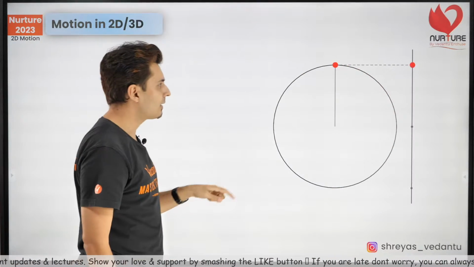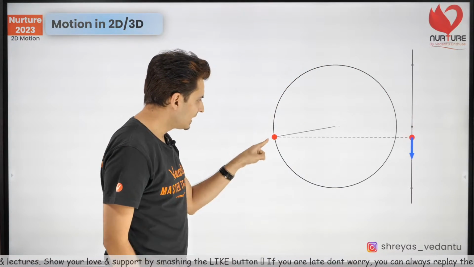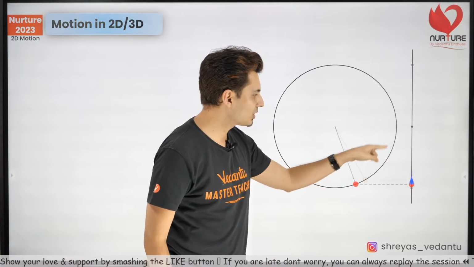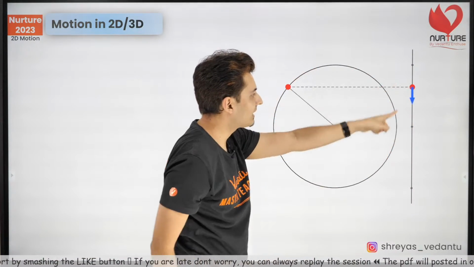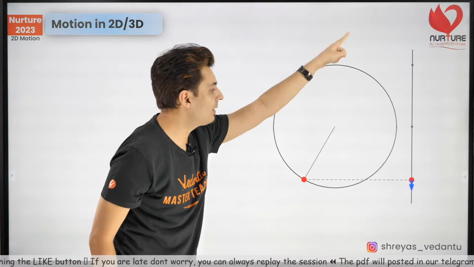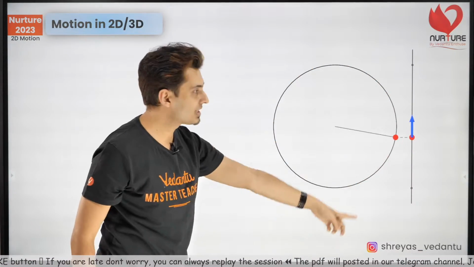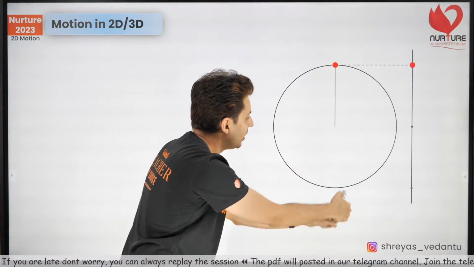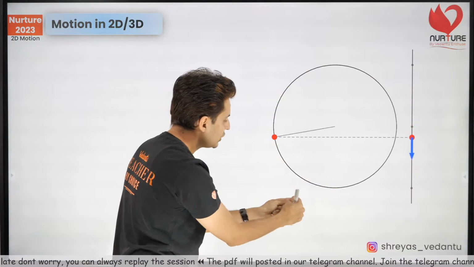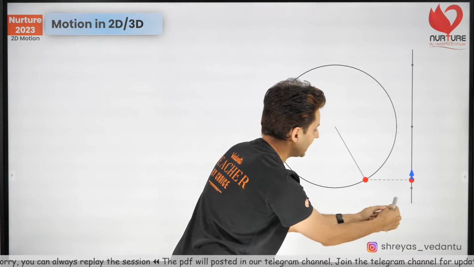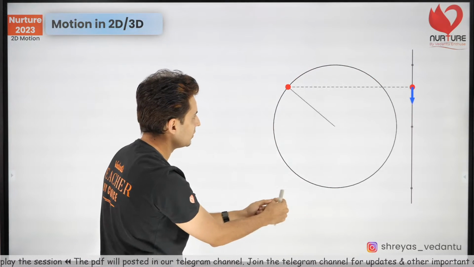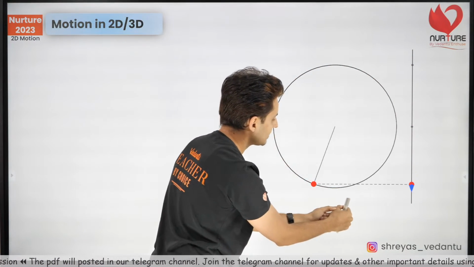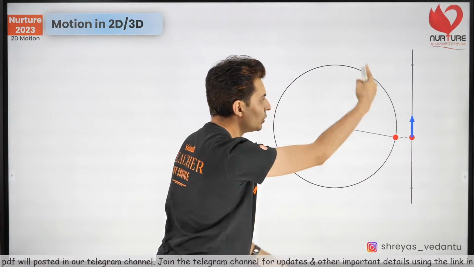Now observe this carefully. If you have this particle which is going in circular motion, look at this Y coordinate. Isn't it doing one-dimensional Y motion? And similarly, if I had drawn a vertical line like this, you would see a particle doing X-axis motion like this. It will go there and it will come like this. Look at that. I'm doing 1D motion. And again I will go like this. So there are two one-dimensional motions.